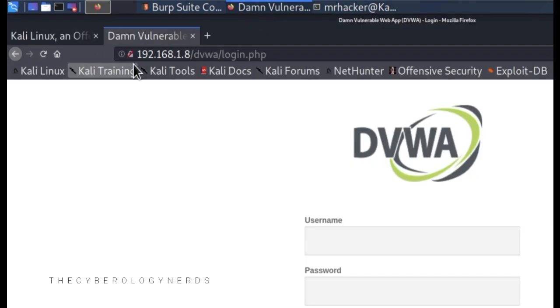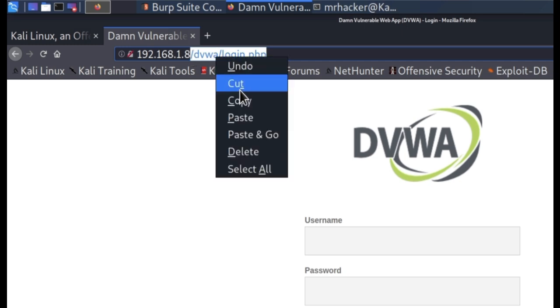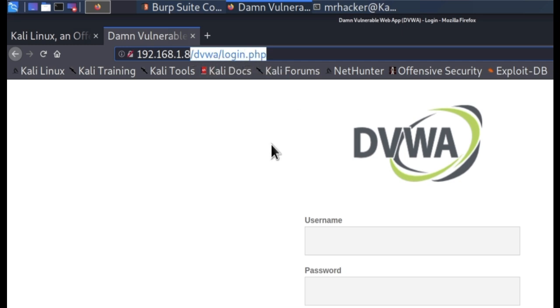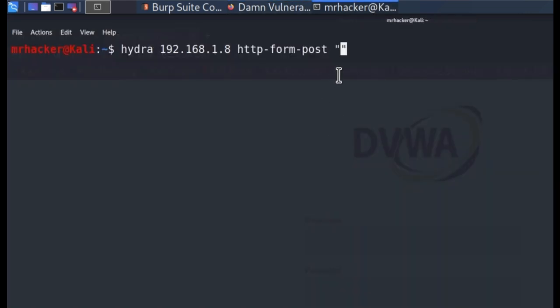you must specify for the page that you're brute forcing is the path to that page, which requires username and password. In our case, that path is /dvwa/login.php. So that is the first argument specified in between the double quotes, and arguments that you specify between these double quotes are separated with colons. So once we type the path, we type a colon for the second argument, and the second argument is the